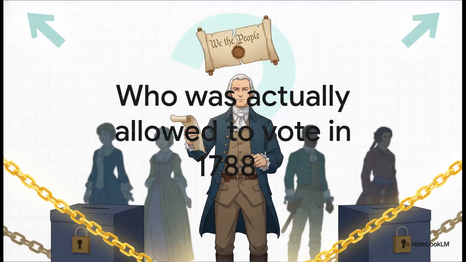Okay, let's dive into this. Cast your mind back to the constitutional compromises of 1787 and 1788. The whole concept of a representative democracy was totally brand new. So I want you to think critically about this for a second. When the U.S. Constitution was actually adopted, who was legally allowed to vote? We always hear the phrase, "we the people," but how broadly did that actually apply at the time?